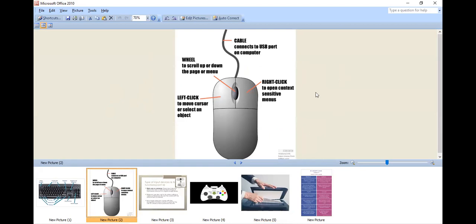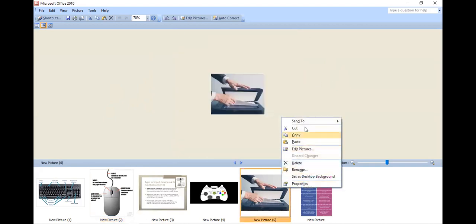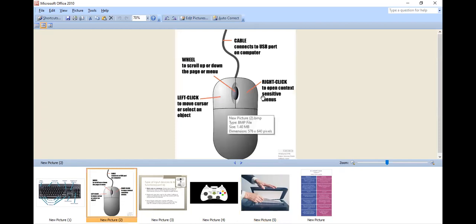This right button is used for the right shortcut menu. You can see I can right click on it and it will provide me options like properties, rename, delete, copy, paste. So this right menu option is used to show the shortcut menu, or you can call it context sensitive menu options.